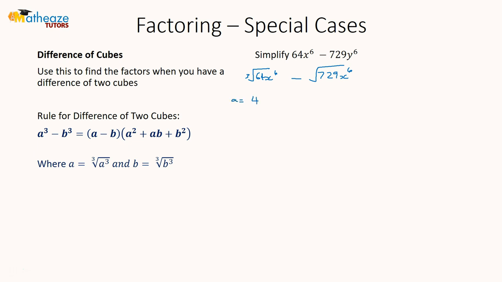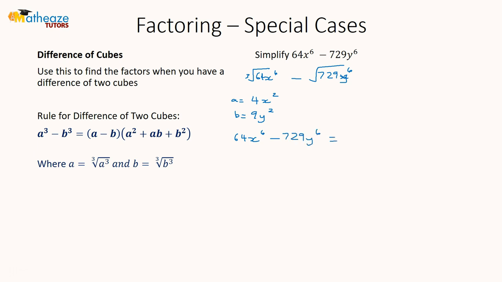So a is 4x squared and then b is 9y squared. So what we now have is 64x to the 6th power minus 729y to the 6th power